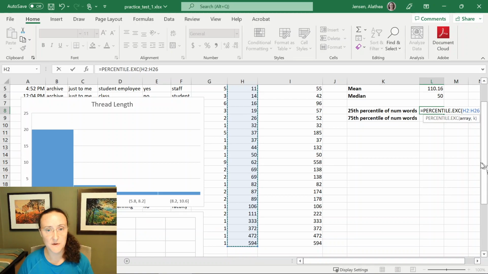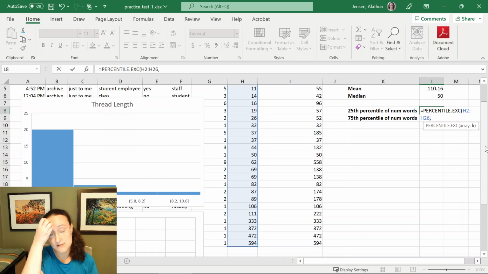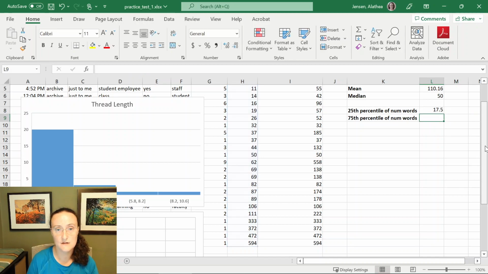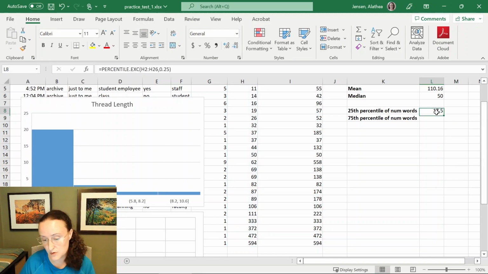So if we're doing the 25th percentile, you don't enter it as 25, you do 0.25. So after H2 colon H26, I do a comma that tells Excel I'm doing my second input, and then I'm going to do 0.25. Okay, close parentheses, hit enter, and we got 17.5, which, yeah, that was almost exactly where it was pointing on the list,